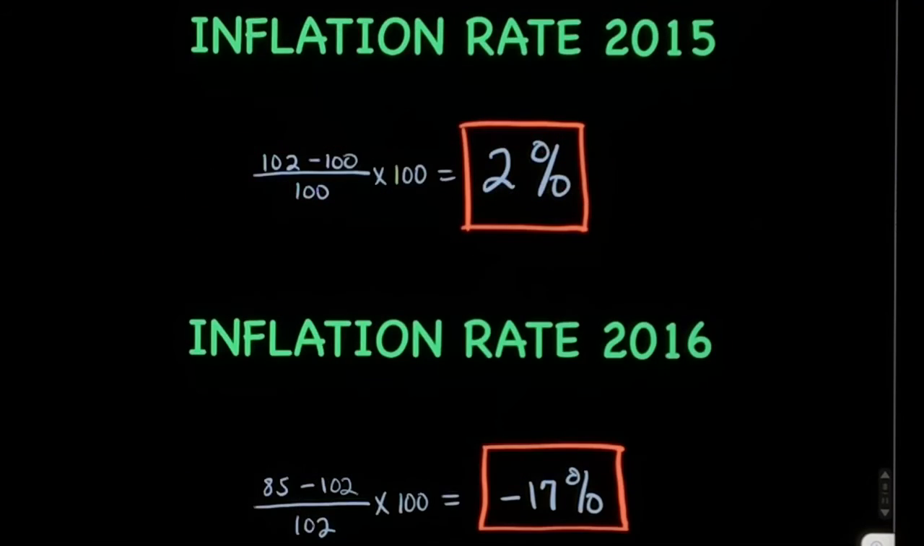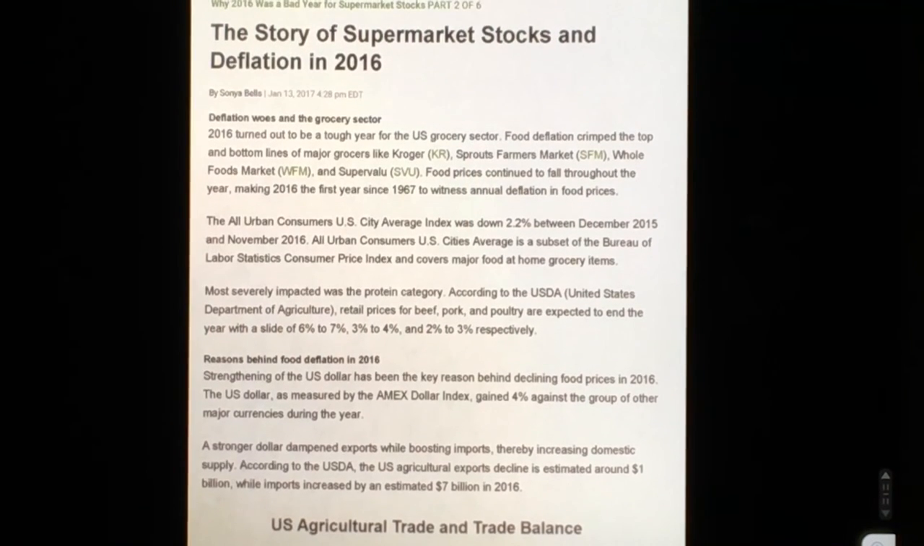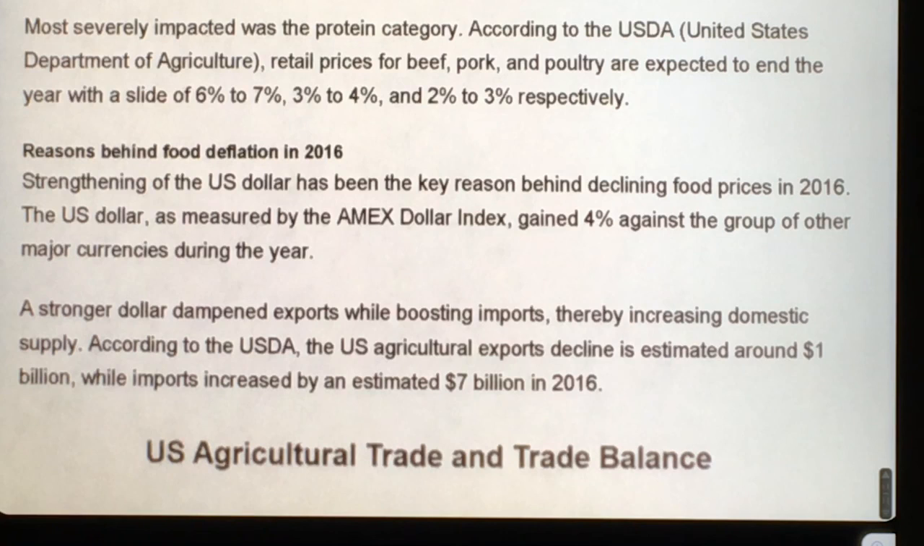For example, going back to these inflation results, we can see that there was a deflation rate of 17% in 2016, which is considered a rare event. So I did some research on the net to find out what was going on in 2016, and I found this article, The Story of Supermarket Stocks and Deflation in 2016. It looks like the strengthening of the US dollar has been the key reason behind the declining food prices in 2016. A stronger dollar dampened exports while boosting imports, thereby increasing domestic supply. And that could explain the 17% deflation in